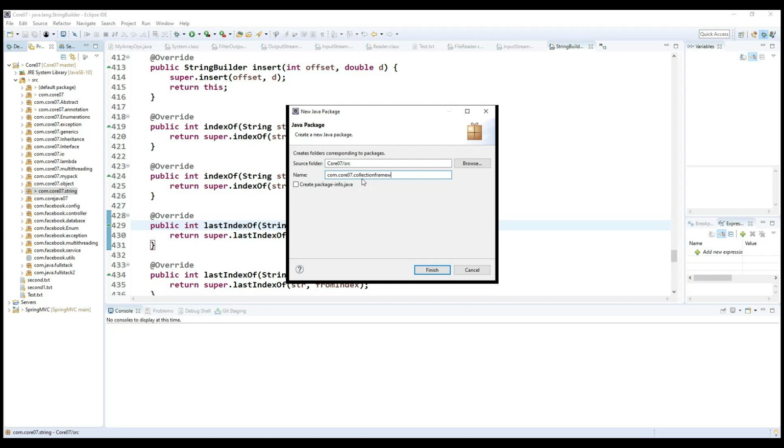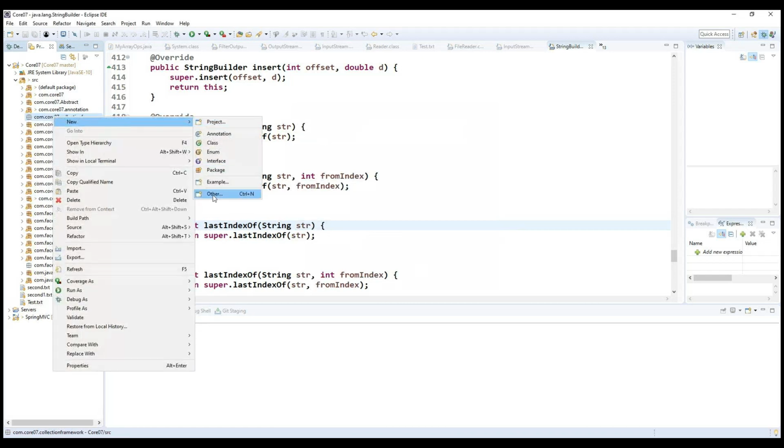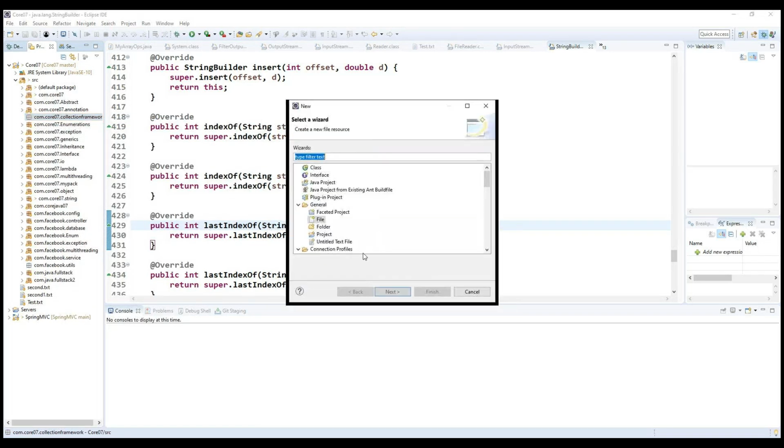Collection framework. This is the package we'll use, and inside this package, we'll create all the classes